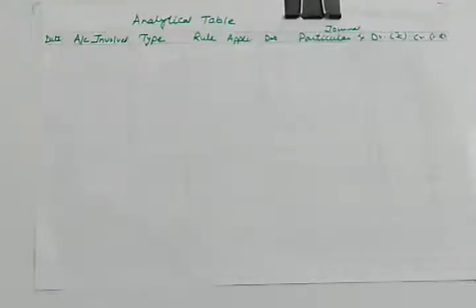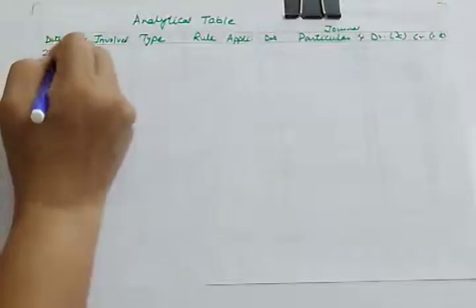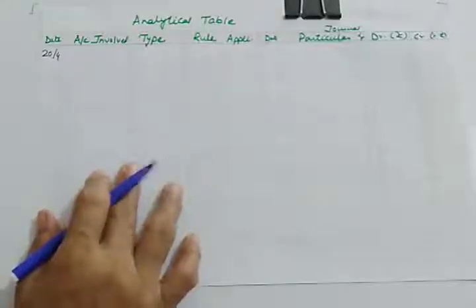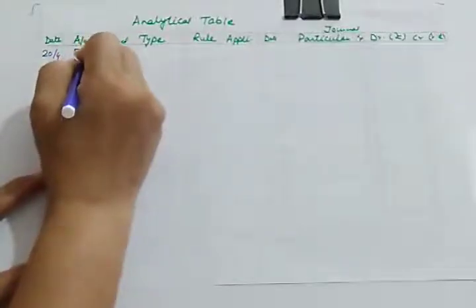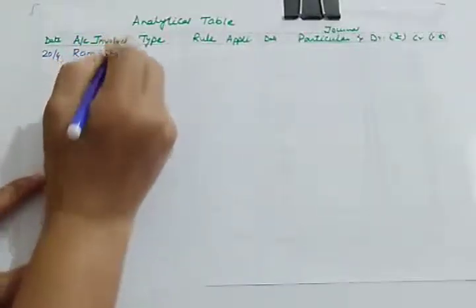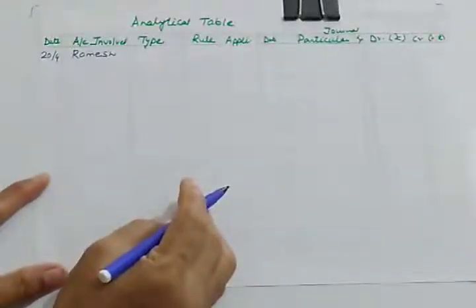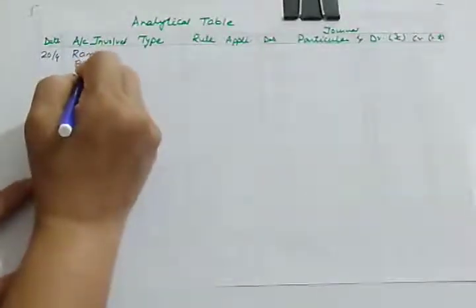Further transaction is on 20th April. So transaction on 20th April. And then let me read the transaction. Goods sold to Ramesh for 8,000. He paid 5,000 by check immediately. So when you are selling goods to Ramesh, number one, Ramesh is there and he is paying a check. So we are assuming that whenever check is received, there are various types of issues against it. But here we are assuming that the check has been deposited immediately.